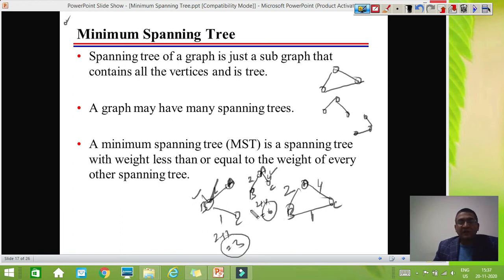Now keep in mind, like we have many spanning trees for any given graph, likewise many minimum spanning trees are also possible. It is possible that you get a different structure, a different shape, but the cost is 3. Because this is a very small graph, you may find some very big or complex graph where many different spanning trees are possible, but the weight must be the same. So let us go into detail on how to find this spanning tree using different algorithms.